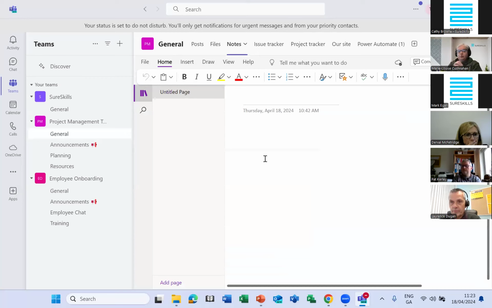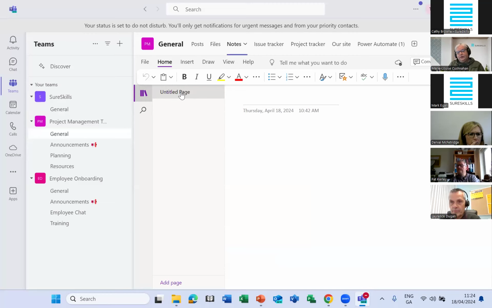So you've got that idea of, for example, a paper file, and the paper file is split by dividers. This is the electronic equivalent of that. So you have your OneNote notebook, which can be split into sections, and then within each of those sections, multiple pages. So for example,